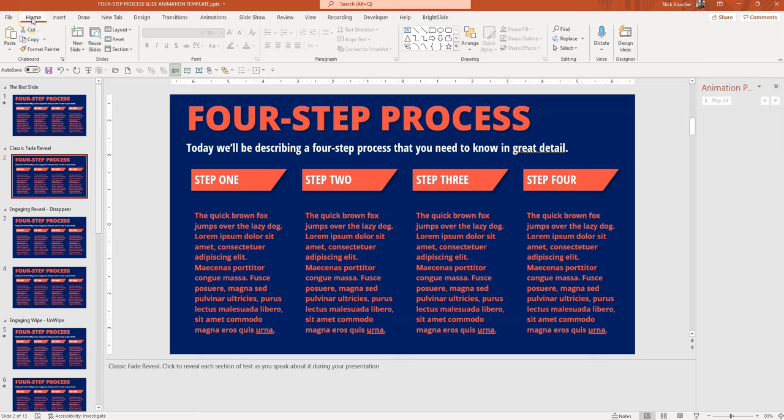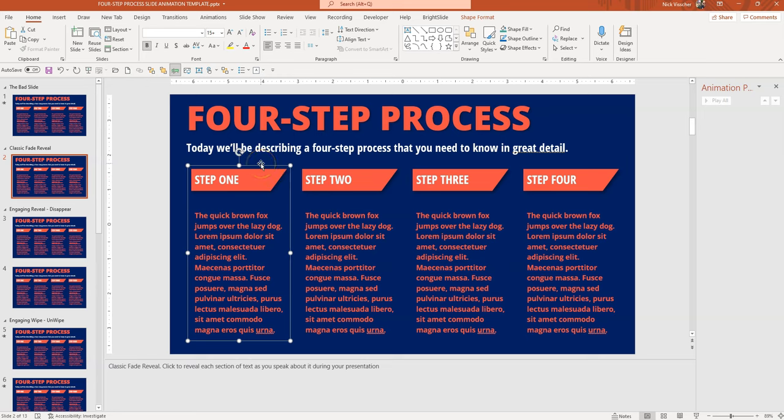All right, now that we've seen how to reveal one section of text at a time on any of your slides that has too much text on it, I want to show you a little bit of how we do this in the back end. So you can see here's my slide, and we're in editing mode. And what you're going to do is I have grouped each of these text sections